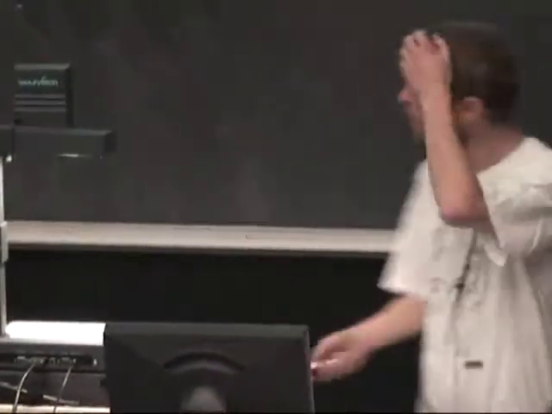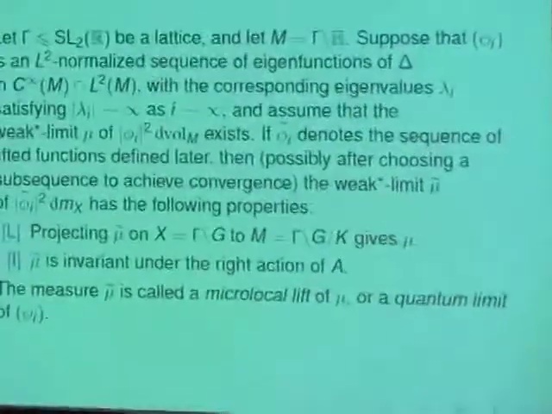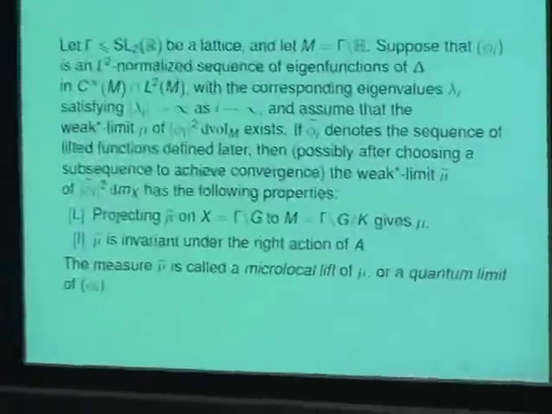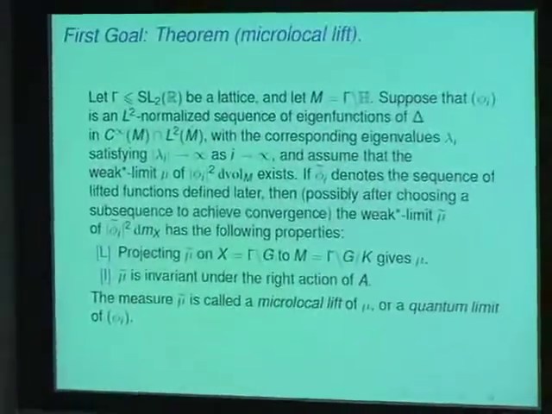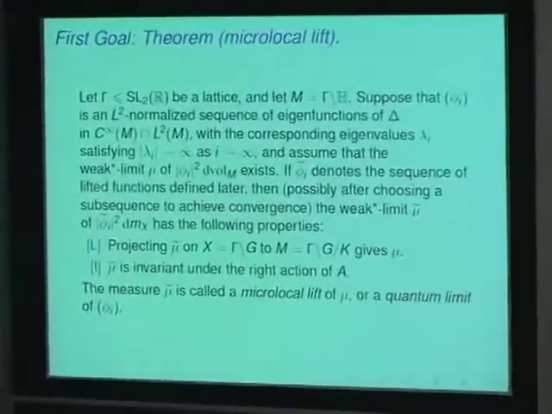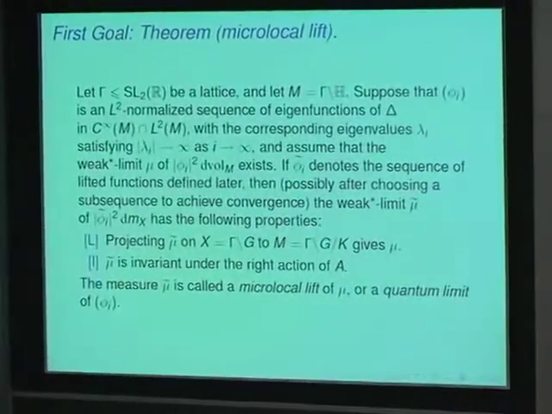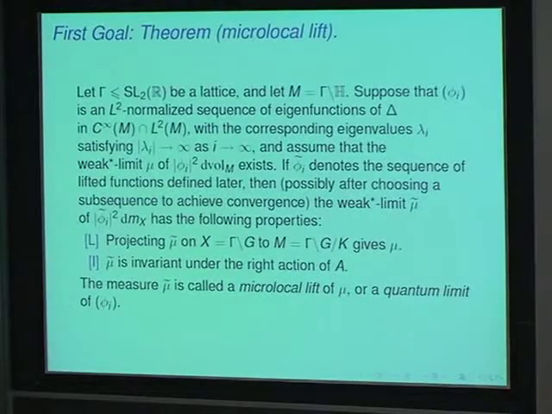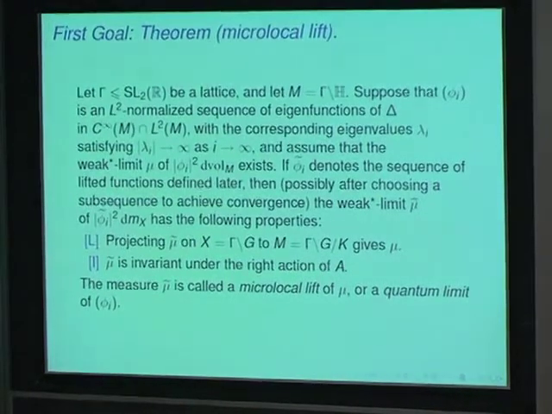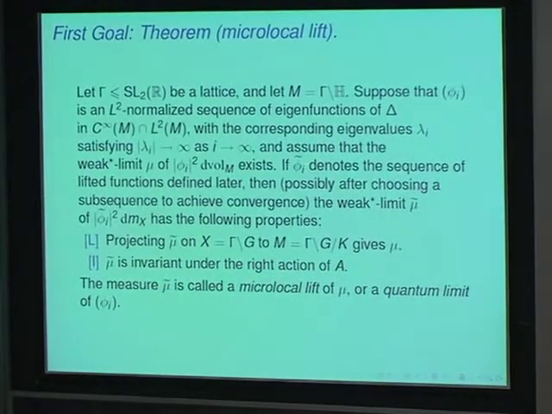So let me remind you what we want to do. This is the microlocal lift. We have an eigenfunction on the surface for the Laplace. We will let the eigenvalue and the eigenfunction vary so that the eigenvalue goes to infinity. And we are constructing a new eigenfunction for the Casimir on the unit tangent bundle, that's the phi twiggle, so